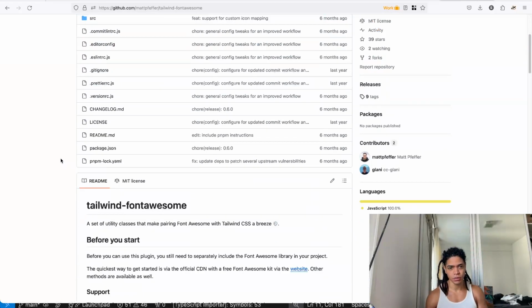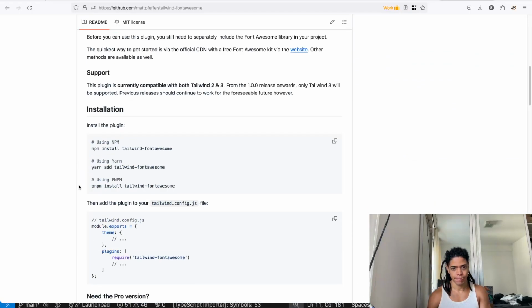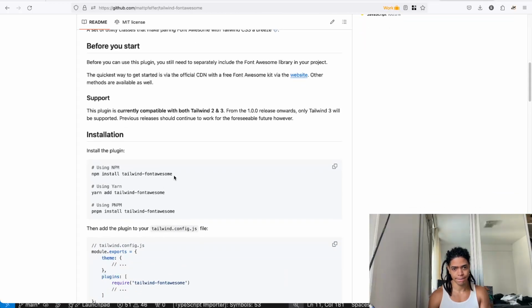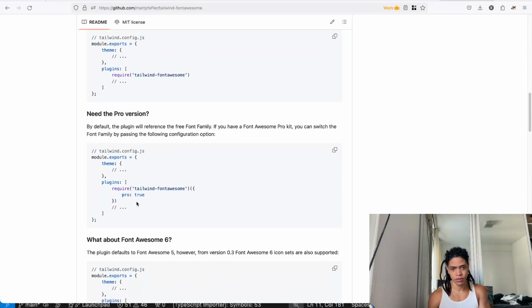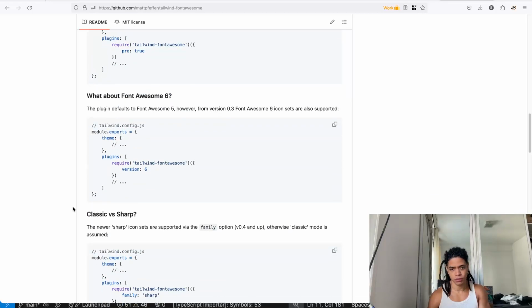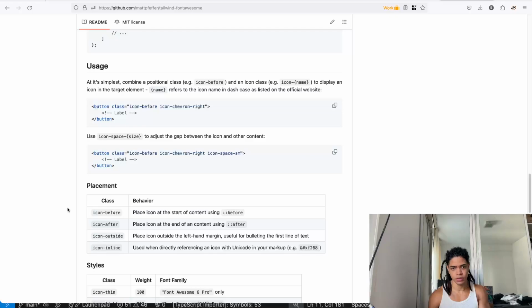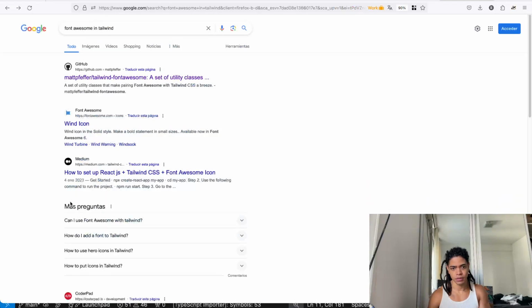Okay, Font Awesome Tailwind utility. Here we need to install that. Okay, Tailwind Font Awesome, Pro true, or require the version, Family Sharp, and custom, and the usage.